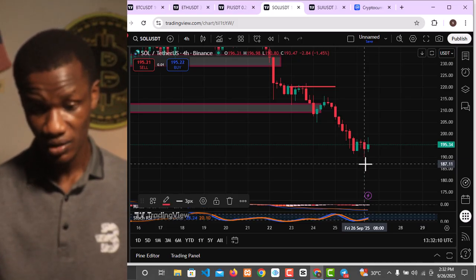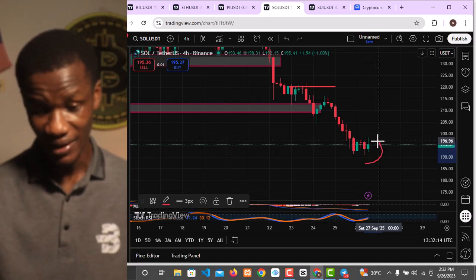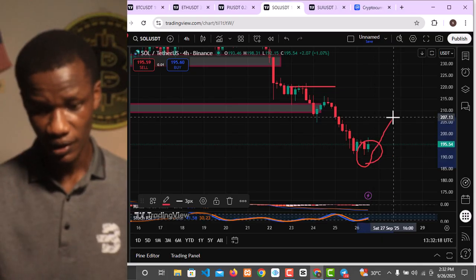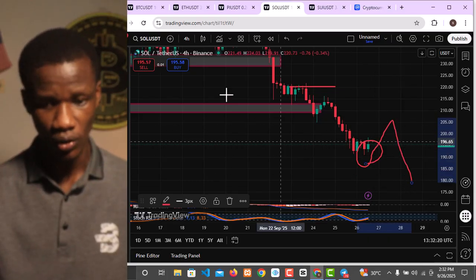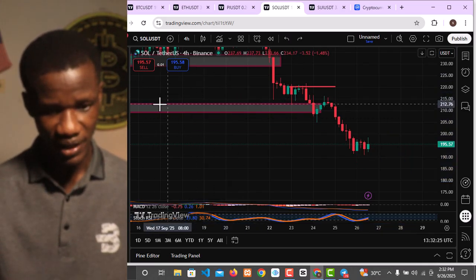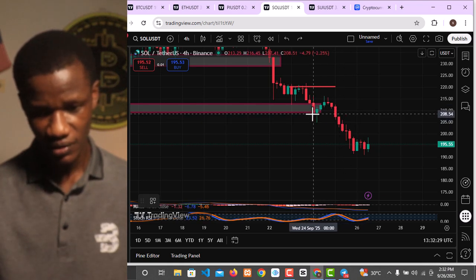187, okay, to where the market is right now of 195, 187 to 195. Within this area, market should move upward, okay, then market should come back down. Of course, this very point is the area you should pay attention to. I will mark that out very clearly. This very point,